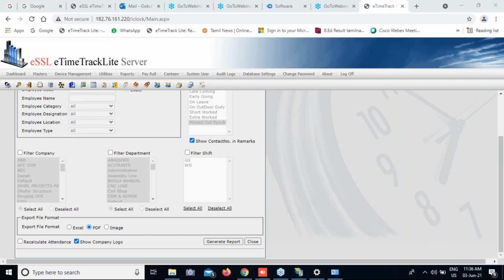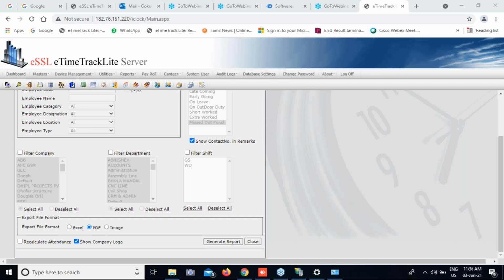Yes, sir. For this Excel sheet, first of all, you have to download the sample employee format from the software, with fields like employee name and employee code. After that, you upload these employee details into the software, and then you synchronize them into the machines. From the Excel sheet directly to the machine, it is not possible.